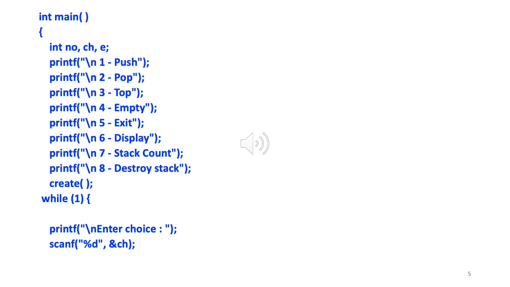So printf, enter choice, and then scanf. This is an example we're using of scanf. Here whatever value we provide, we have to provide between 1 and 8. Again, we have to be careful in our code that if the user enters something which is not between 1 to 8, then we can print a message saying wrong choice, please enter the correct value. Okay. So they enter the choice, and then that gets assigned to ch, and the ampersand means that the reference for that is passed.